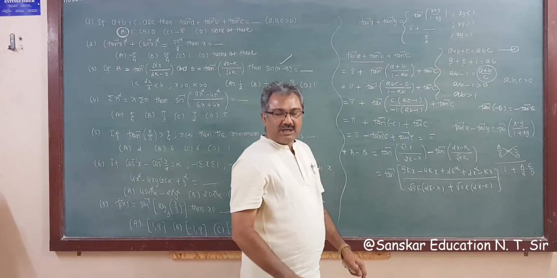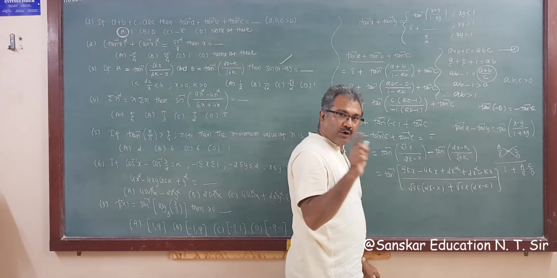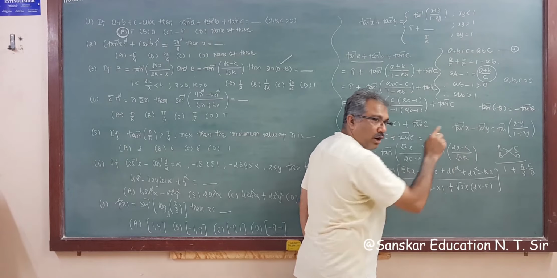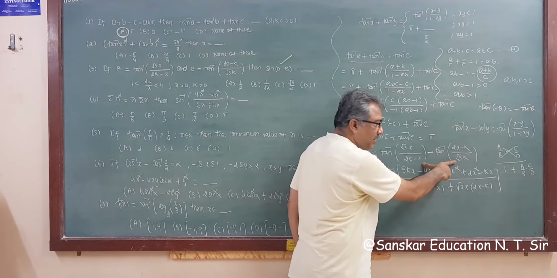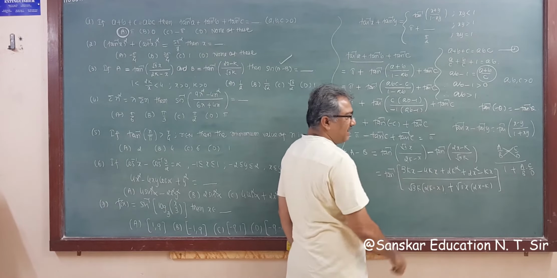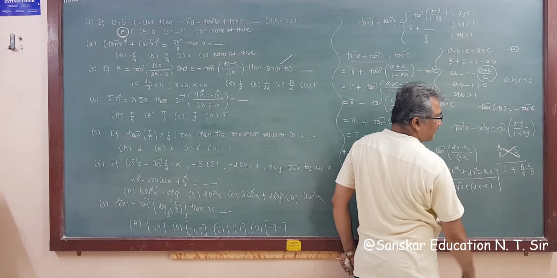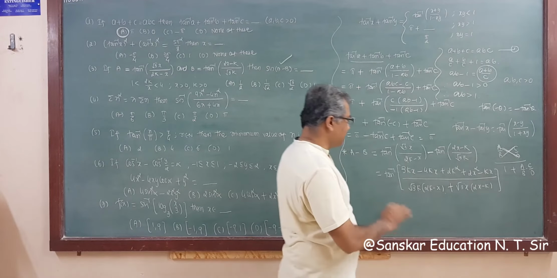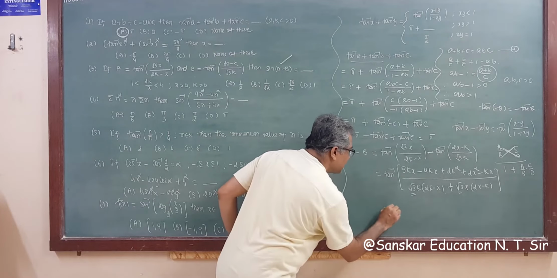Got it? So now once again, what to do? First, cross multiplication. This minus this, upon, multiply denominators. If minus, then put plus, multiply numerators. That is like this: AD minus BC upon BD plus AC. Right? BD plus AC. Got it? Now it's okay. So now, root 3 is common here.